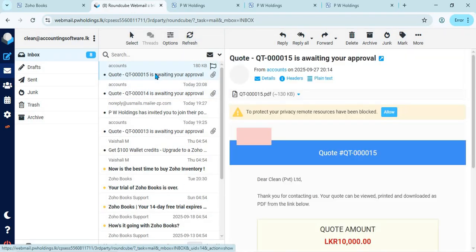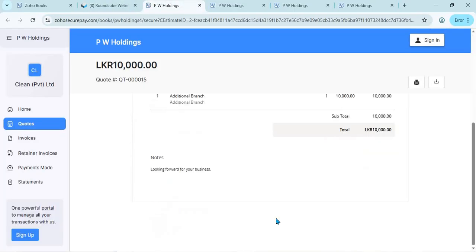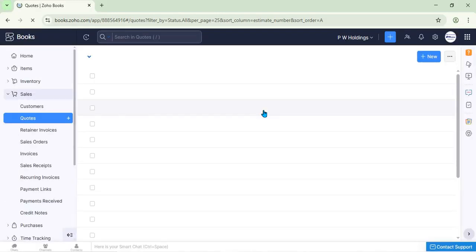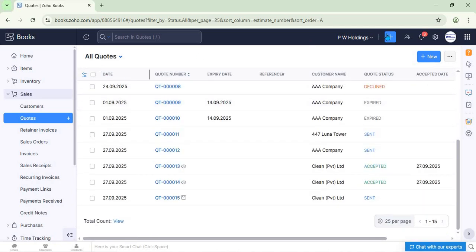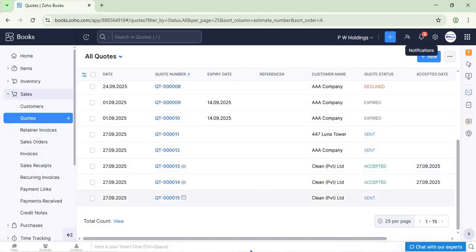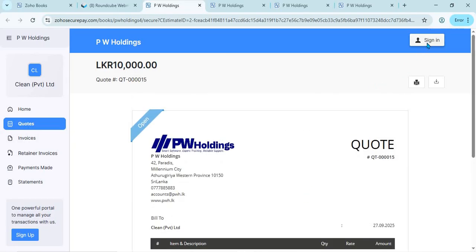I'll check the email, the client's email, and view code. I refresh the original company. Right, I'll sign into the customer portal,